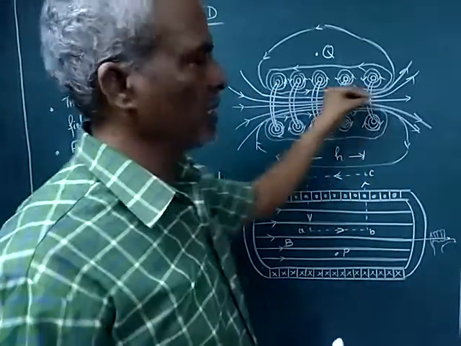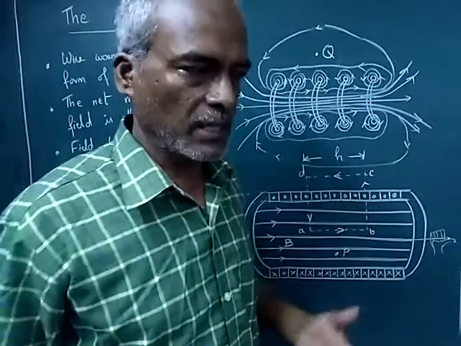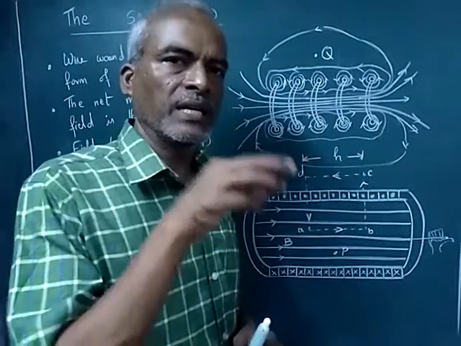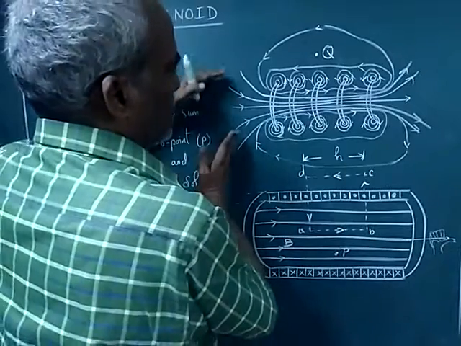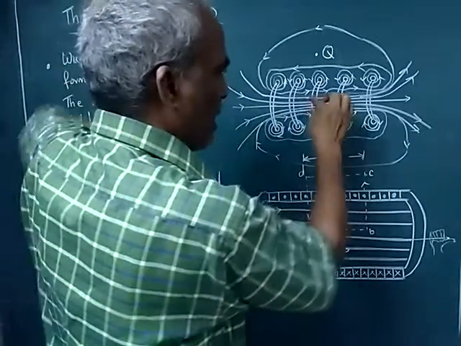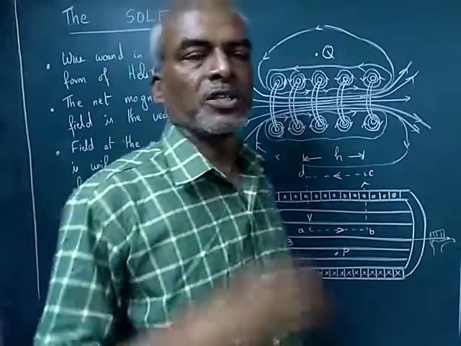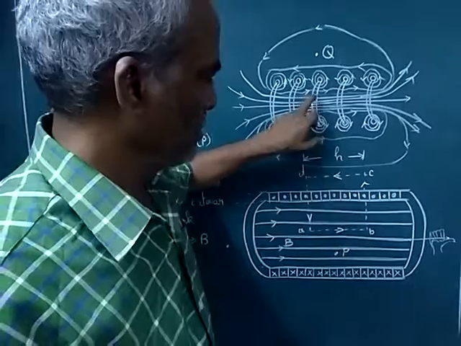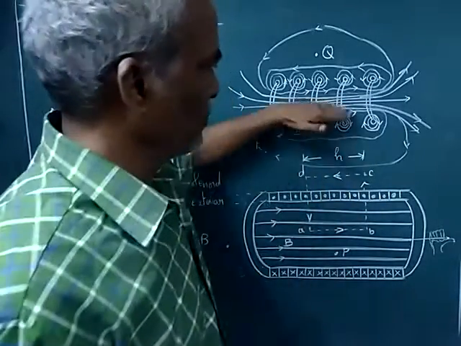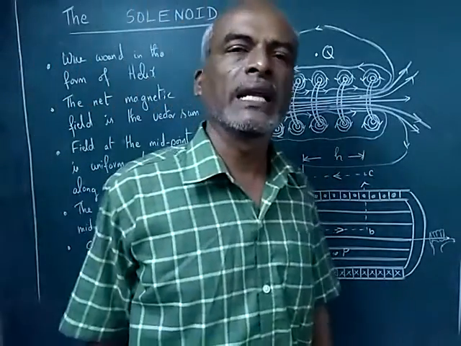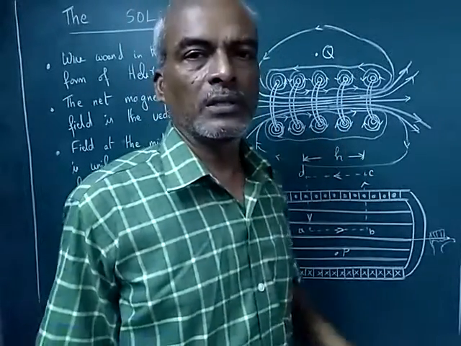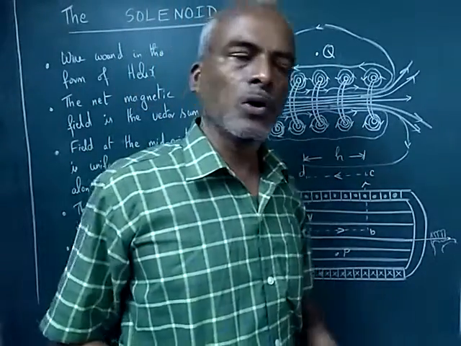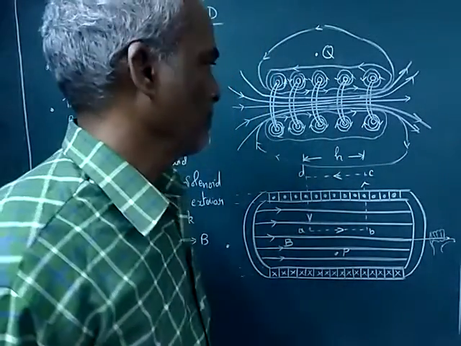So it is concentrated at the center of the loop. We can say loop, but this loop is a continuous loop. Therefore, the magnetic field is concentrated at the center. Here, all the divergent magnetic field tries to enter, and here if you see, it is uniform, concentrated, and the density is very high at this point P, the middle point. Whereas if you see outside, the field is highly negligible because the field gets cancelled out. Therefore, the field outside the solenoid is zero or almost negligible. You need not consider that, okay.